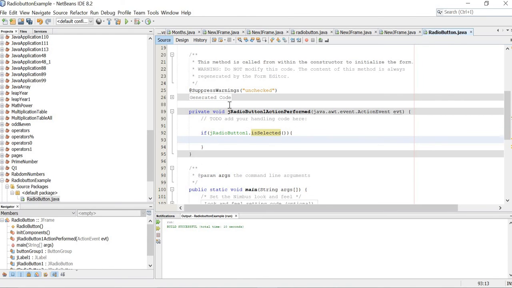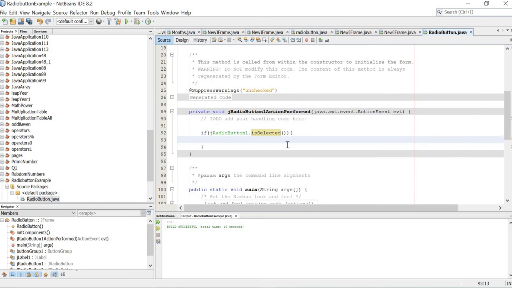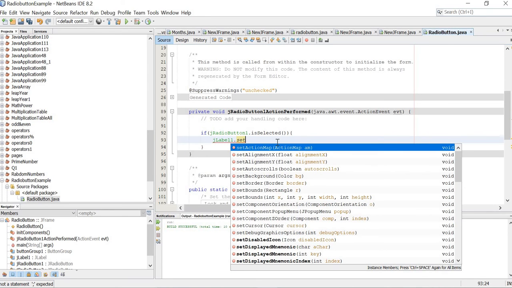Okay, we bring the label, jLabel1, then we go to the source part, dot set